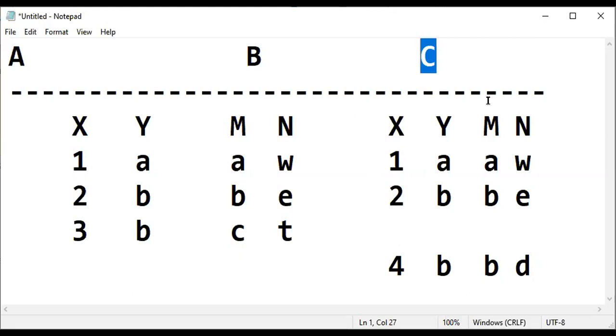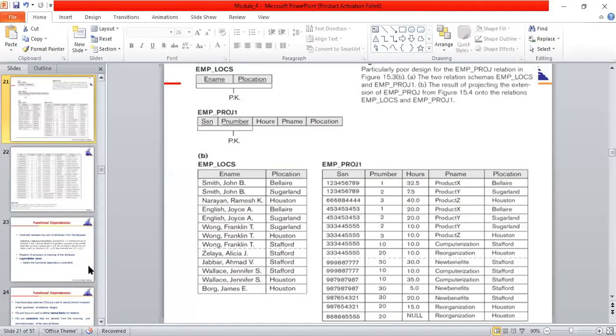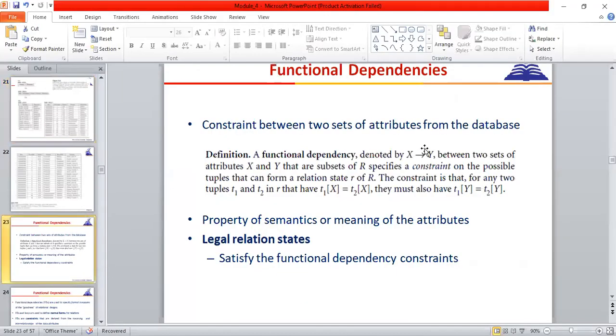This is covered in guideline 4, so concentrate and focus. Go through today's topic that I covered. I will say definitely that 20, 25, 30 marks questions will be asked from that PDF part, so concentrate on that and cover it, and also the anomalies. In the next class we'll see functional dependencies. Thank you.